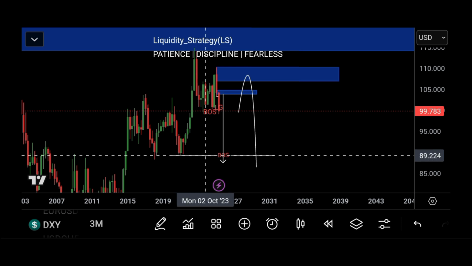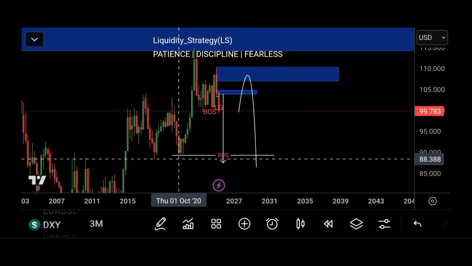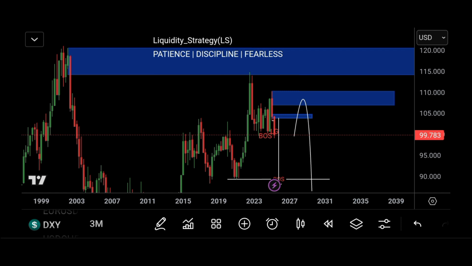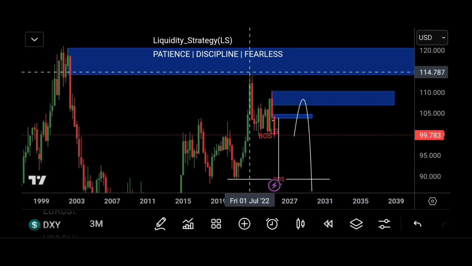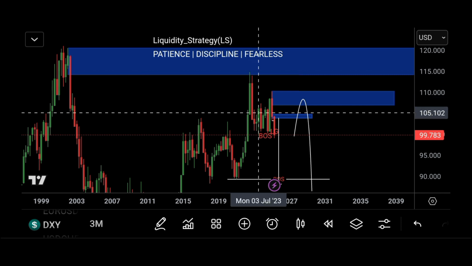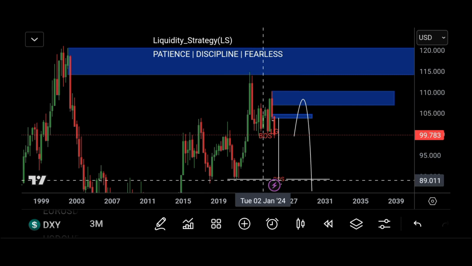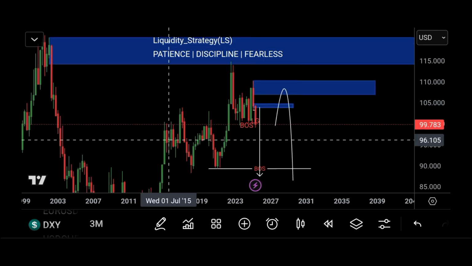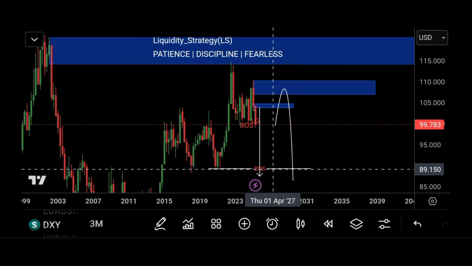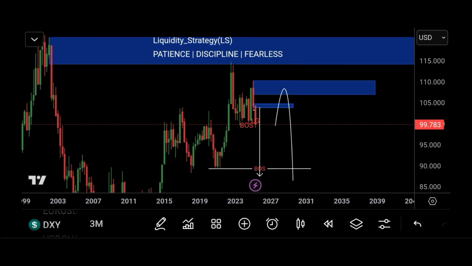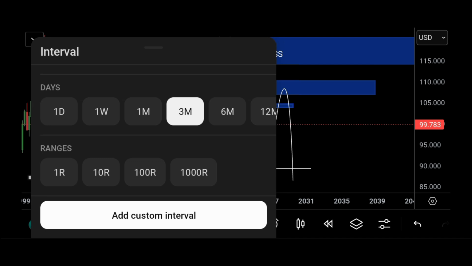So if market could take out this recent higher low that made a higher high that bounced at our supply zone, then we know that we have seen our confirmation, our strong confirmation for the dollar to keep on pushing down. And this might take months. It might take months. That's why we need to know the clue before we can trade from the lower time frame. Then on monthly time frame,